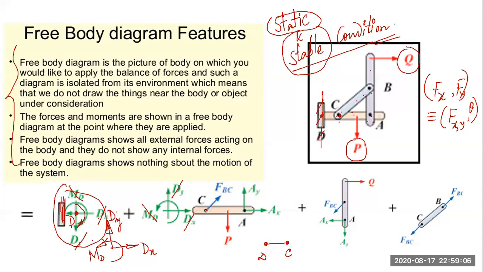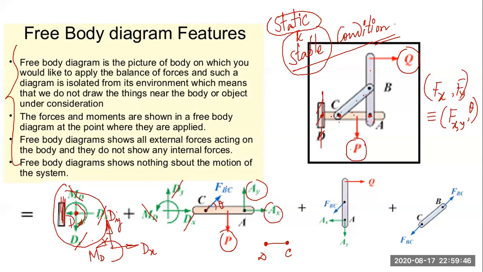So here it is FBC, but it is not okay, because along with this we need to show the direction. Here both are unknown. FBC is also unknown, theta is also unknown. Clear? Now this P is the external applied force, so I have not introduced this. Now at point A, again pin, so RAX and RAY. This is RAX, this is RAY. The direction is your choice, whether you will choose along plus X or minus X, plus Y, minus Y, it is your wish. Okay.